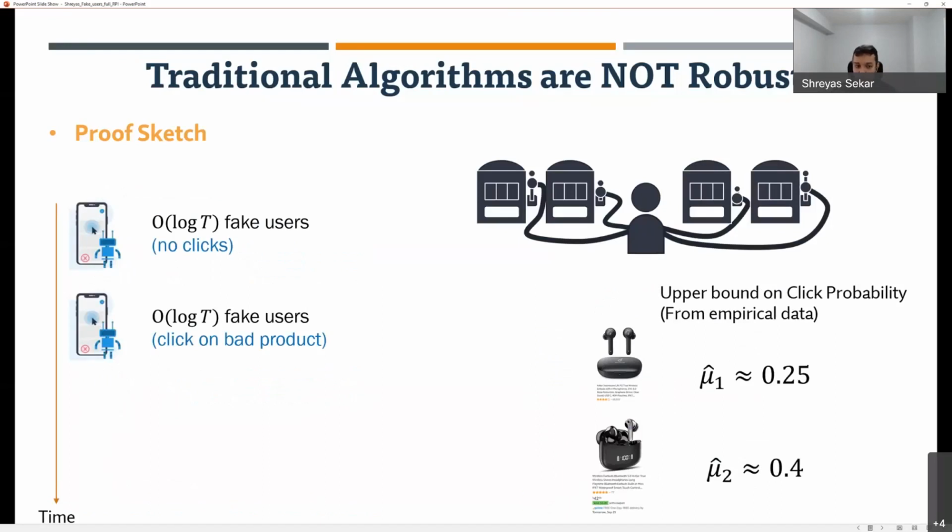I think Shishan asked a question, why do the fake users click on the bad product? The way you should be thinking of this is that the maker of this suboptimal product has hired a bunch of fake users. They've paid money to get these fake users to click on this product to boost their position, and maybe avoid clicking on the competitor's product to bring down their position. As we mentioned, the fake users can be completely arbitrary. They can click on any product, or not click on products at all. So in particular, we want to model adversarial behavior. We want to design algorithms that are good no matter how these fake users behave.